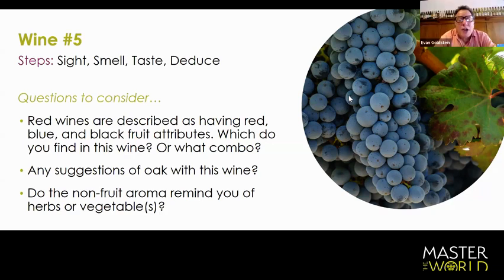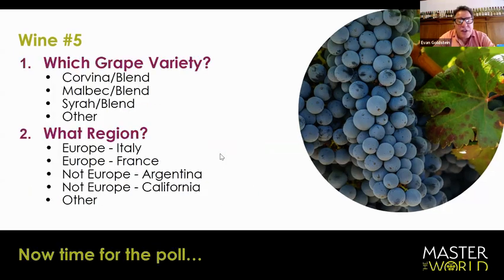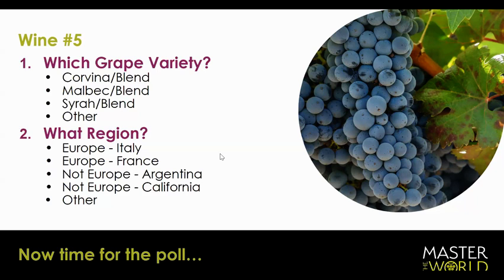So let's see where we could possibly be in terms of grape varieties and geographical associations here. We could have Corvina or Corvina blend. Corvina, for those of you who are scratching your head wondering, is that related to Hammurabi Zuri? No, it's actually the grape type that you would associate with the area of Valpolicella and Amarone and that part of the world, especially when blended with Molinara and Rondinella,